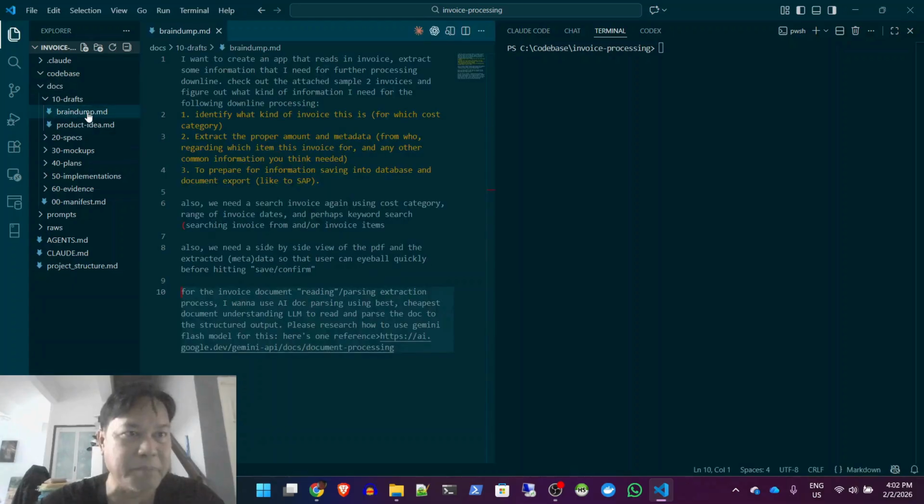So I have brain dumped this idea with AI. Brain dumping is just knowing in general what you want to build, and just dumping it out. So we need to search invoices, and so on, and we also need to have things viewed side by side. Just write it all down, and then specify what kind of methods you are going to use, for example, for reading and doing the OCR of the